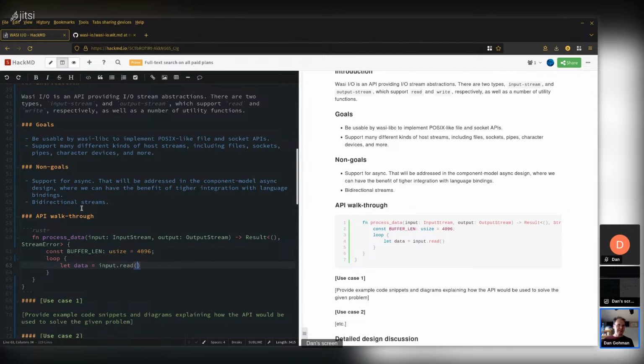I don't expect people would actually write this code very often, literally like this. This is just taking some shortcuts to show off the API and how it works. So I'm going to do this. And we could just do question mark because we're just forwarding on the error type from the stream to our callers. And actually, it's going to return data. And the bool is the end of stream.